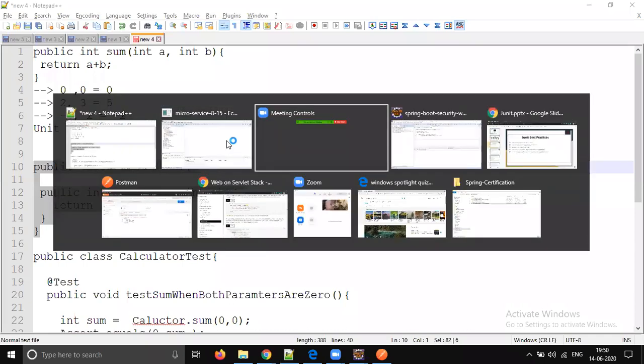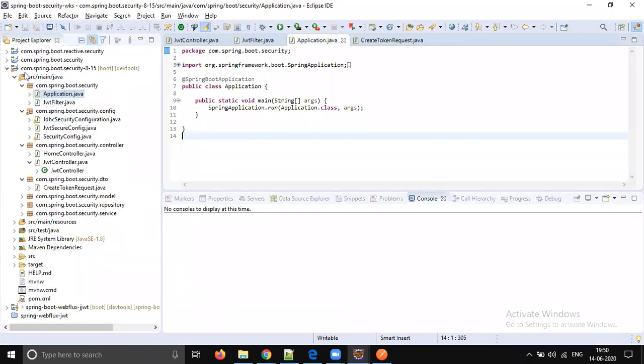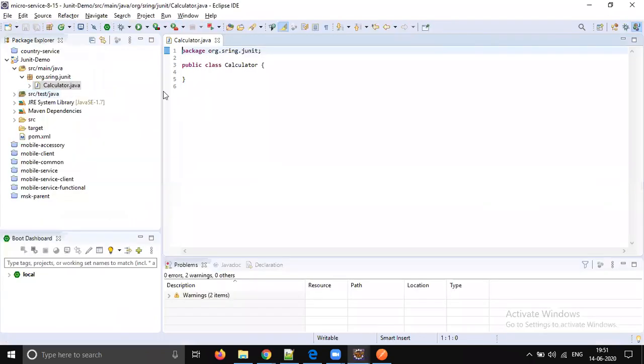Simple Java class, right? A very simple Java class. There is nothing complicated here. Save this file. Yes. So in our Maven project, all the test cases should be written inside src/test/java.